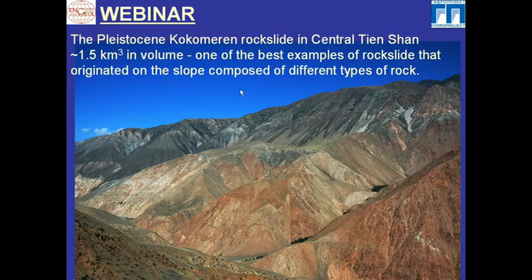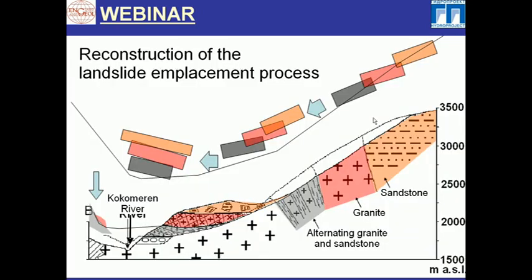One of the best examples of rock slide that originated on the slope composed of different types of rock is here. It is the Pleistocene Kokomeran rock slide in central Tian Shan, about 1.5 cubic kilometers in volume. We see its headscarp and we see its body, and we see that different types of rocks are present in the headscarp zone. Here is the model of how this rock slide emplacement took place. Units that originally rest on top of the headscarp zone, overrun and overlay units that originally